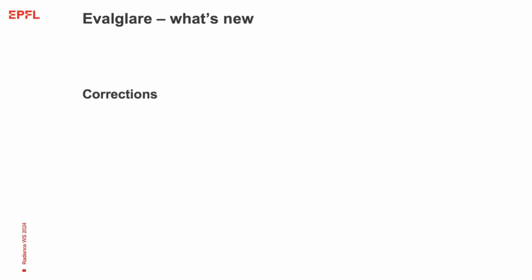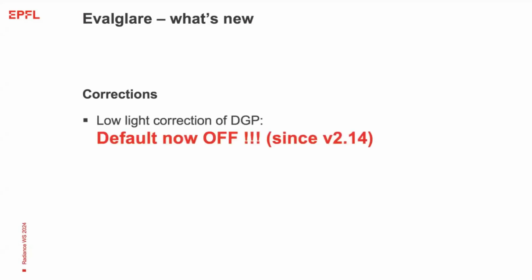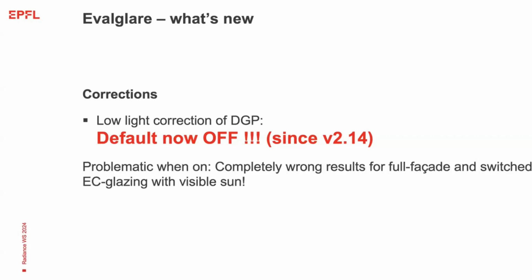And the biggest update in terms of default setting is that we turned off now the low light correction. Default wise, it's off. And this is simply because it caused big errors or completely wrong results when applied to scenes where the room is quite dark and you can see the sun behind an electrochromic glazing. This function of the low light correction simply pulled down the DGP